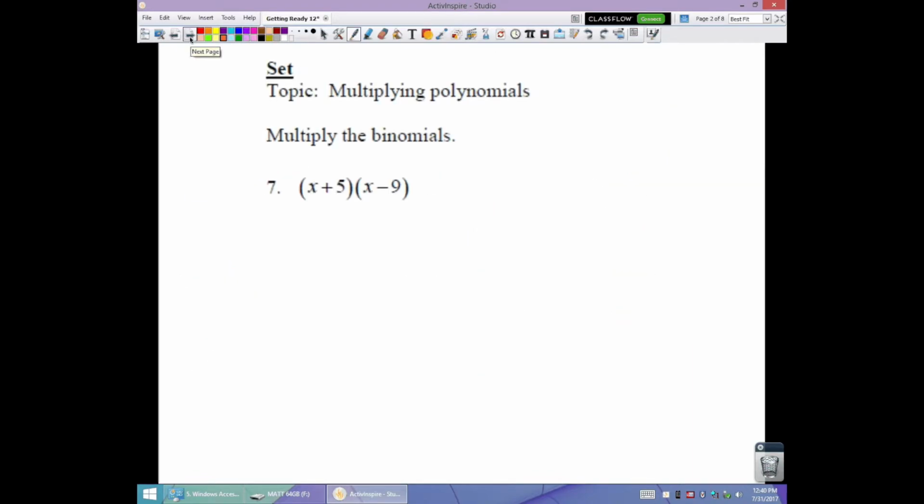All right, now the newer stuff. We're going to multiply polynomials, specifically binomials. All right, so when we do a binomial times a binomial, the first way we ever talked about doing this was just straight distributive property, that you had to take each term in the first parentheses and it had to take a turn multiplying by each term in the second parentheses. And we do these so often,